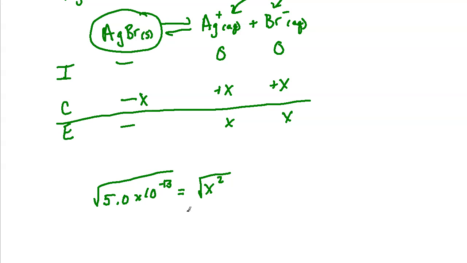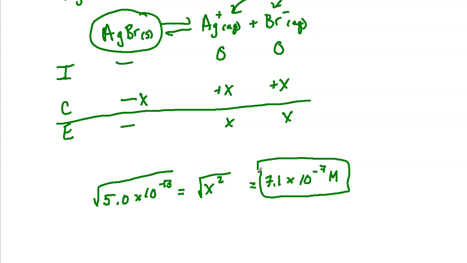And if I take the square root, I end up finding that this is equal to 7.1 times 10 to the negative 7th molarity. Right? So this is the answer here. And this would be the molar solubility